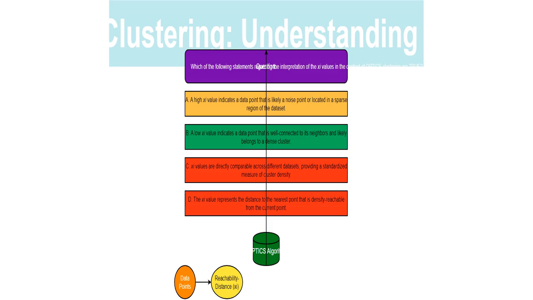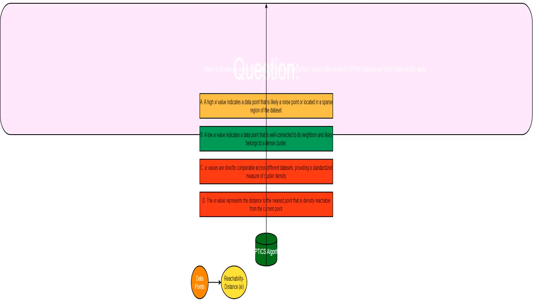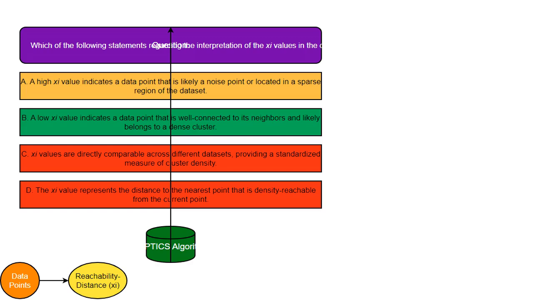The core question is to test understanding of OPTICS's Xi value and its interpretation in identifying clusters within a dataset. We are going to evaluate statements about the meaning of these Xi values. This question is designed to assess your knowledge on how to interpret the Xi values output by the OPTICS algorithm. We'll look at several statements and evaluate if they are true or false based on our understanding of OPTICS. This is the title, which encapsulates what we'll explore: the OPTICS clustering algorithm and the important concept of Xi, reachability